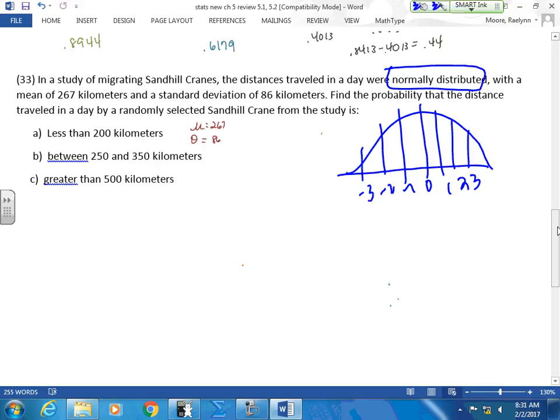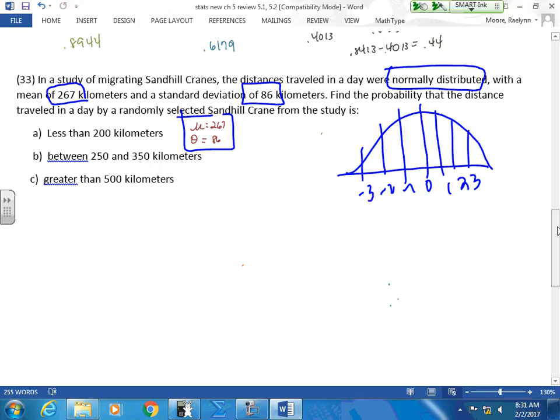Okay, they're normally distributed with a mean of 267 and a standard deviation of 86. These are the only 2 pieces of information that they're going to give to me. Pull them out. You need that mean, you need that standard deviation. Start with your